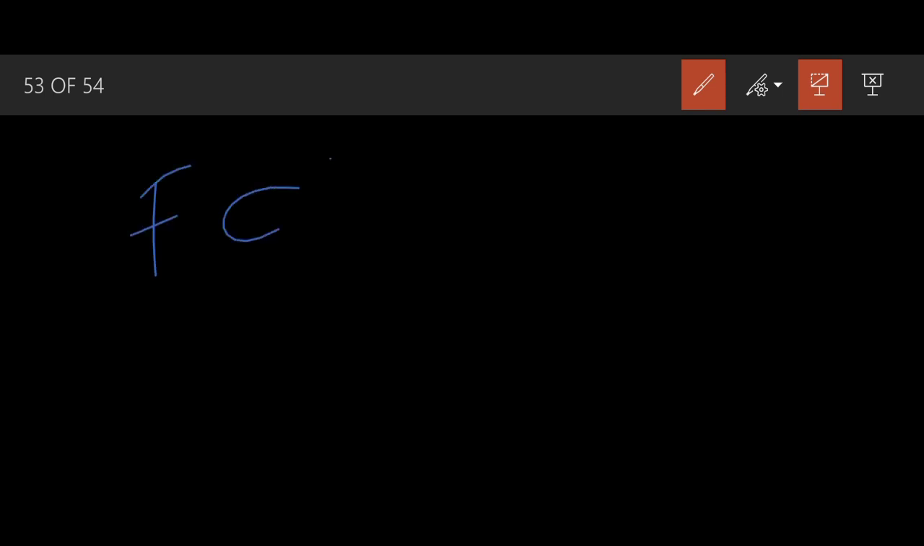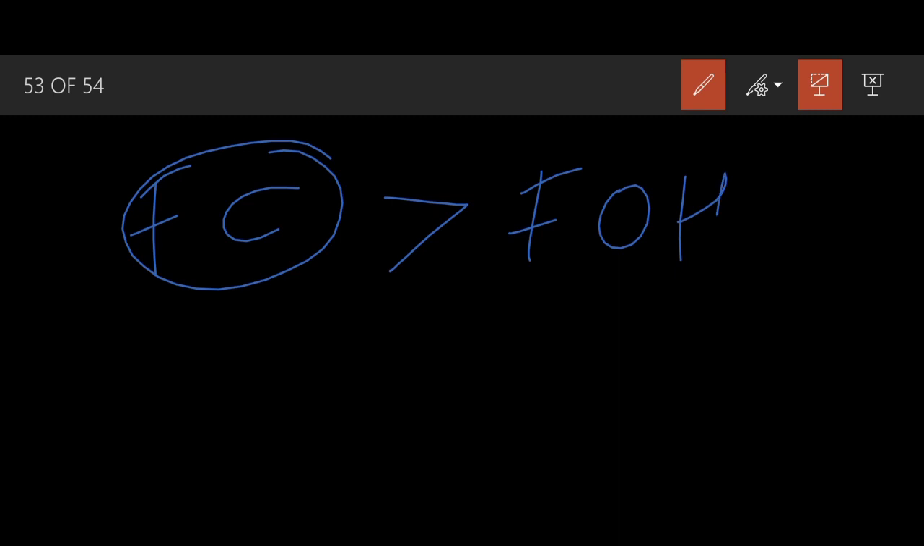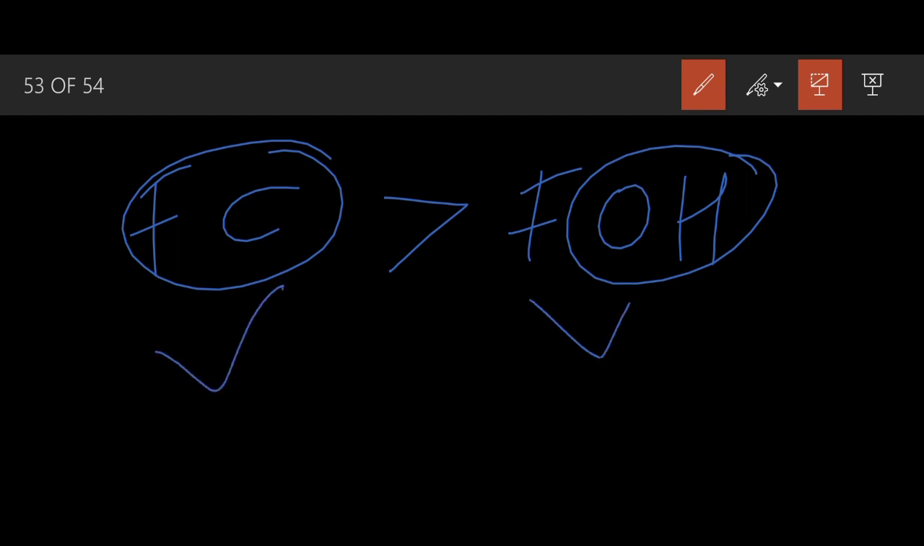Sir, factory cost is greater than fixed or factory overhead. Please fix it into your mind. This can be asked in the examination: is factory cost greater than factory overhead? The answer is yes. The factory cost is greater than factory overheads,